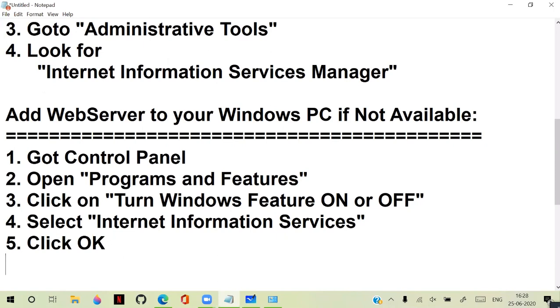Sometimes IIS may be turned off, so you have to turn it on. Right. So how to turn it on? Let's see. So what you have to do is